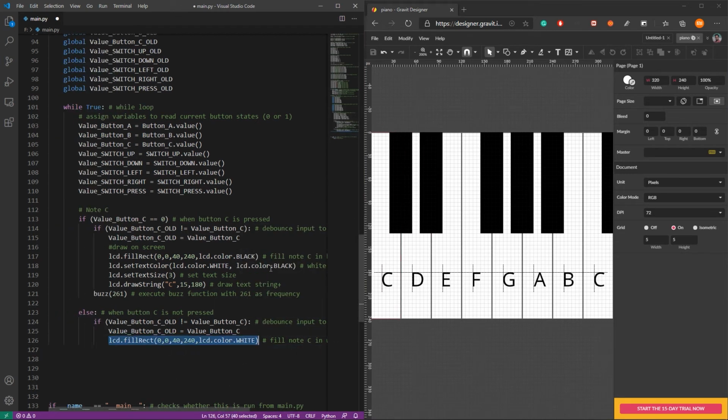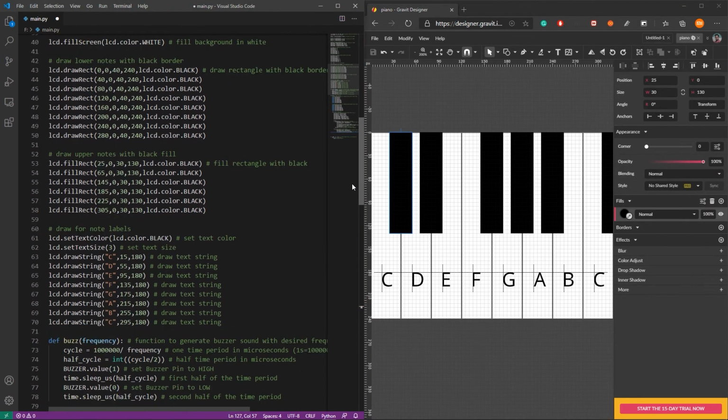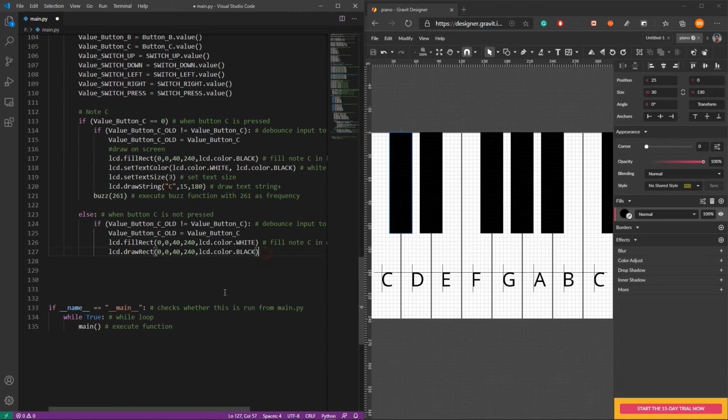And we will draw a black border around this note. So let's copy and paste this, change this to draw, change the color to black. Also we will color this in black. So for that, we have drawn before this one, the first one, and paste it here.